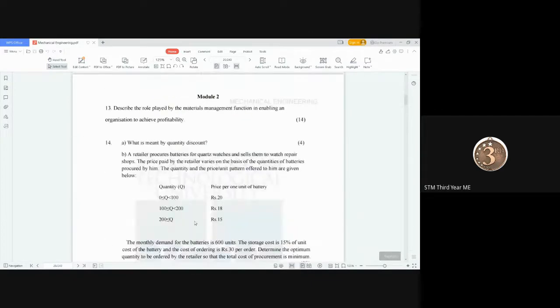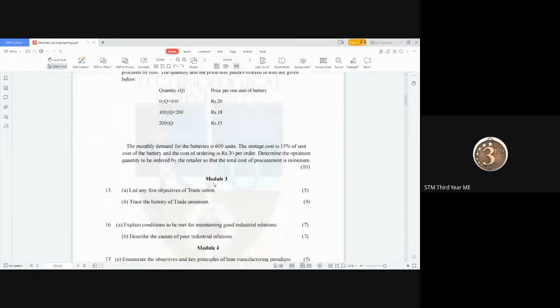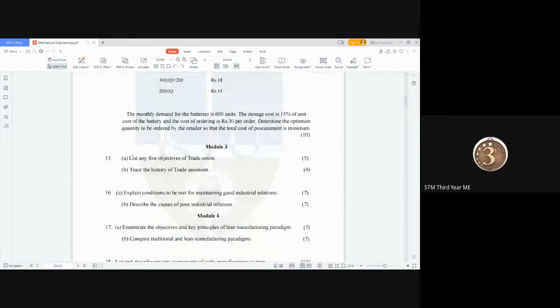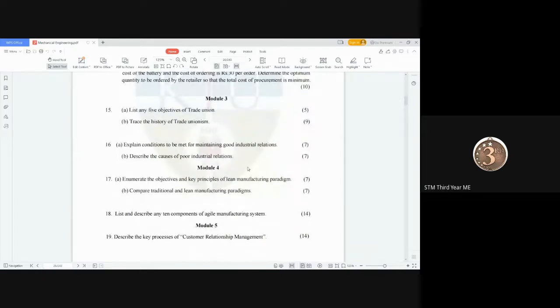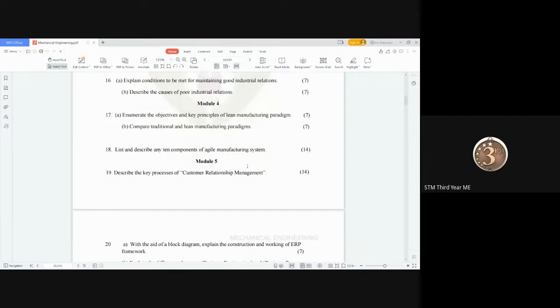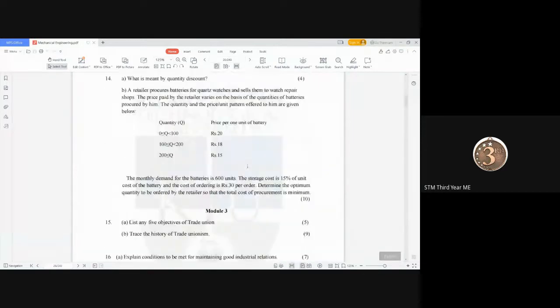So in module 2 and module 1, there will be problems in this manner. Then in module 3, you can see A, B, there will be theory itself. So I have already covered all the sessions and the important problems we'll be discussing. So in the first module,